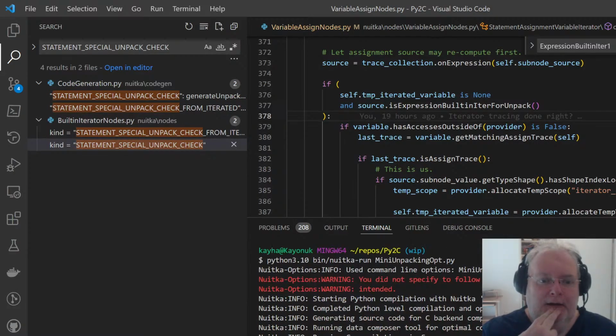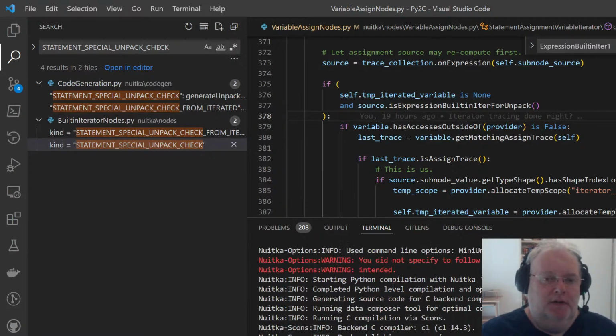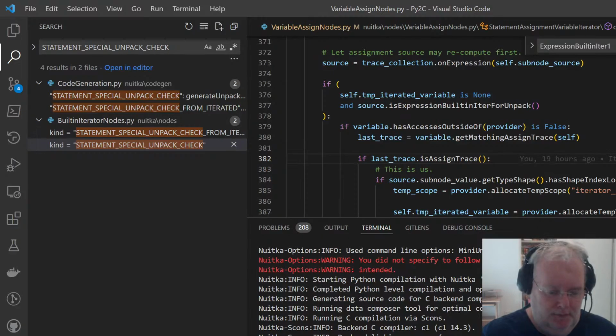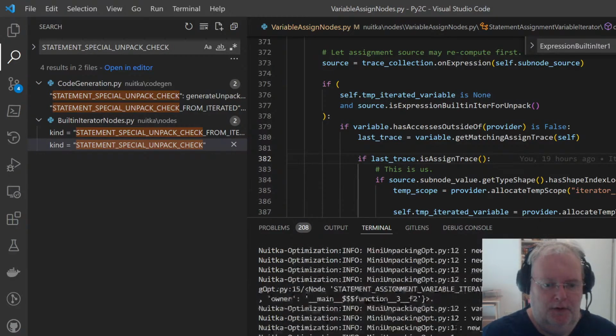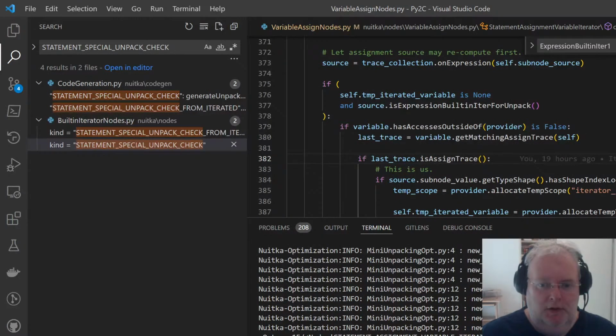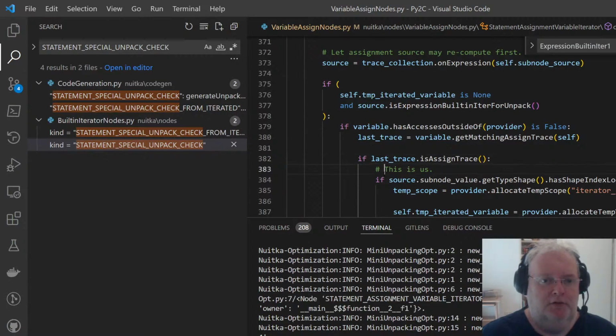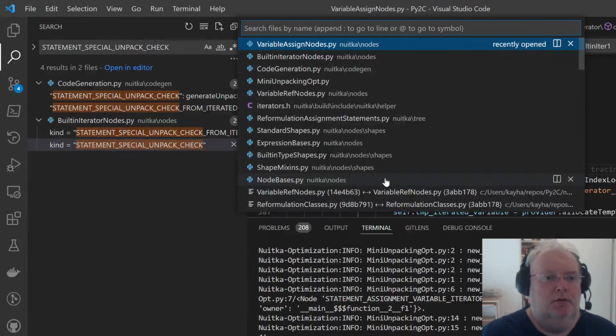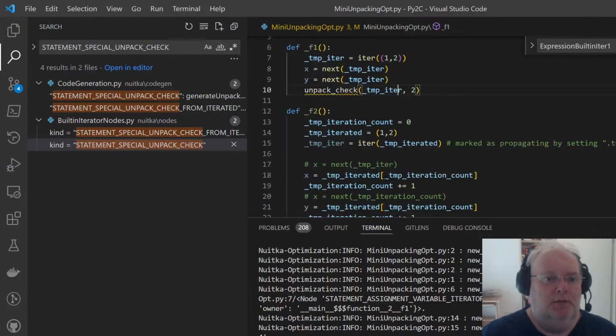So right now I managed to limit myself to iteration, and unfortunately I can also put here verbose. And here we see a lot of things it's doing. Actually, I have too many functions right now. Let me do mini unpacking opt.